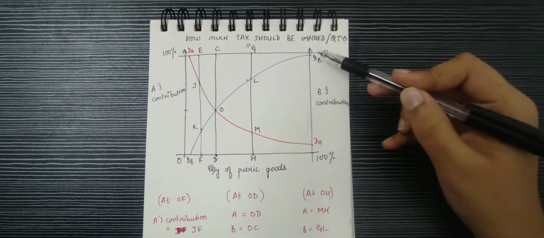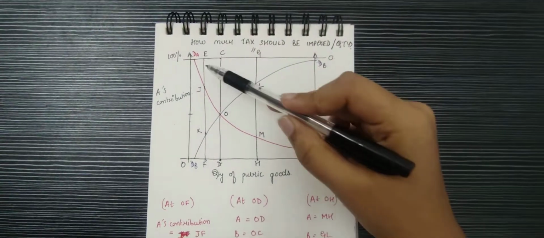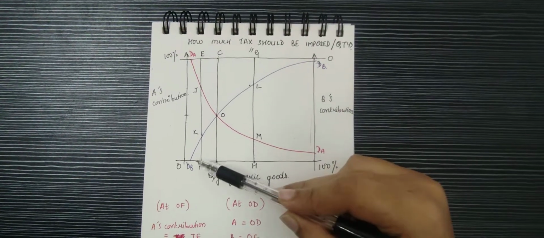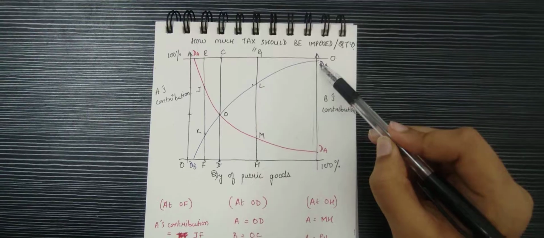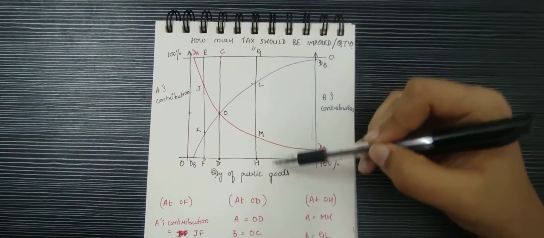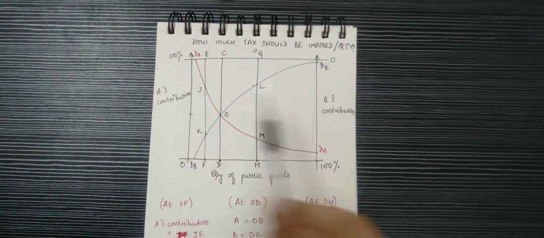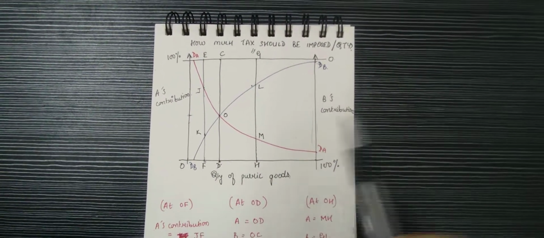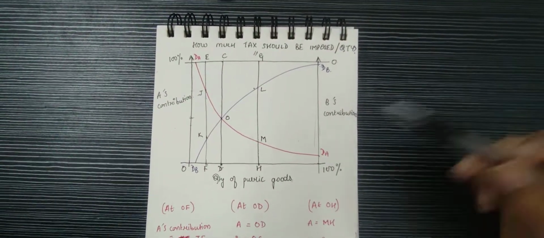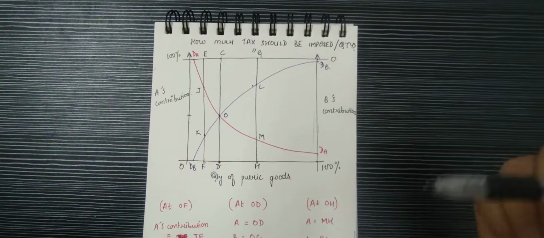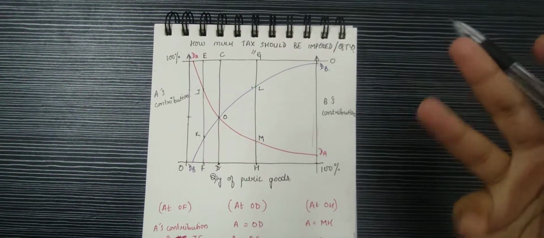Okay, so this is demand curve of A, and this is demand curve of B. Okay, so x-axis quantity of public goods both side, and this is A's contribution, and this we have B's contribution. And contribution is nothing but the tax that A and B pays to the government to use those goods. Okay,